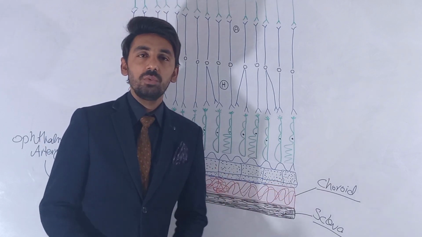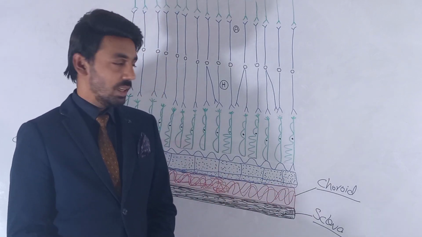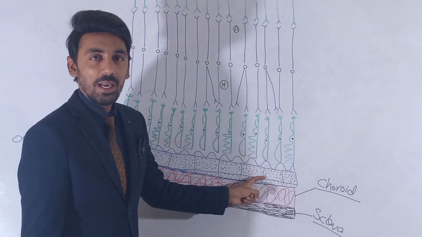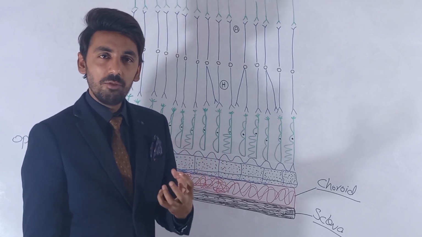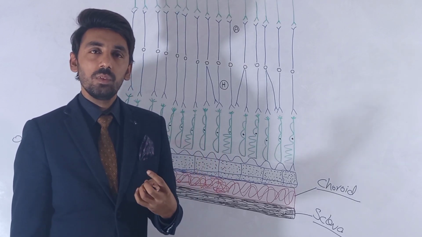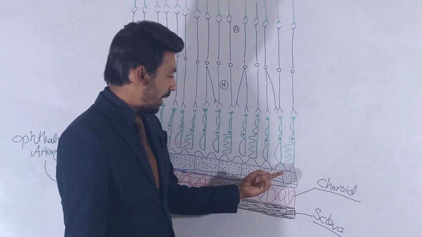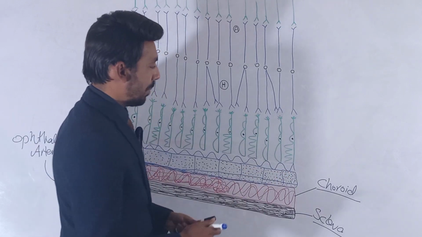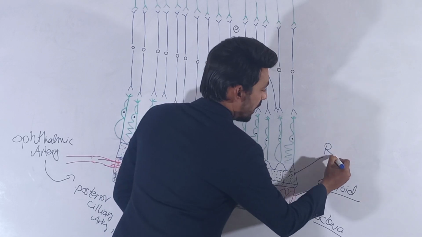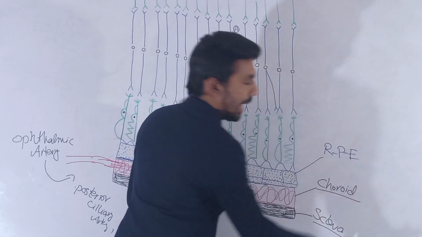And a major function of the retinal pigmented epithelium is that it has melanin. And this melanin absorbs the excessive light which is coming in from the outside. Right? And next to the retinal pigmented epithelium,